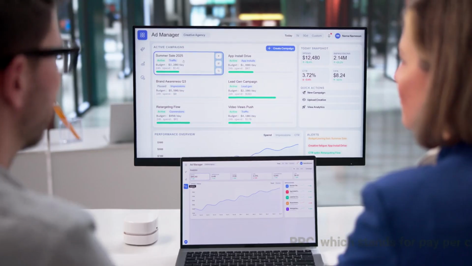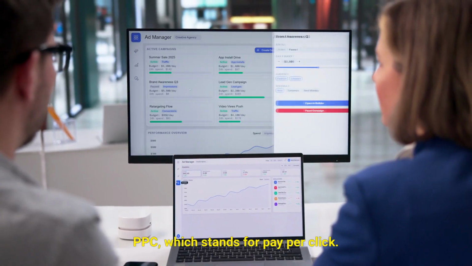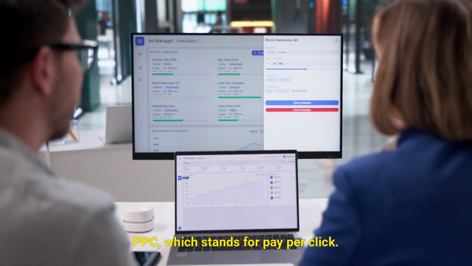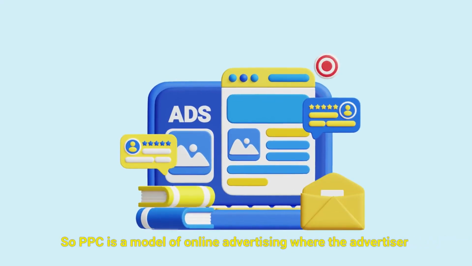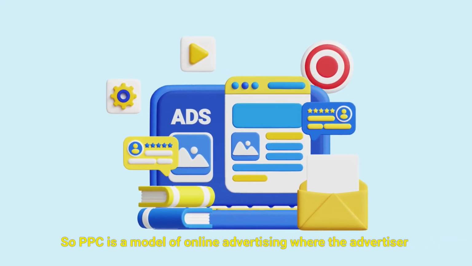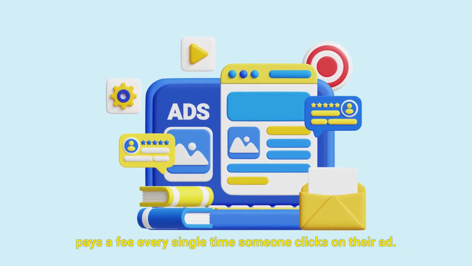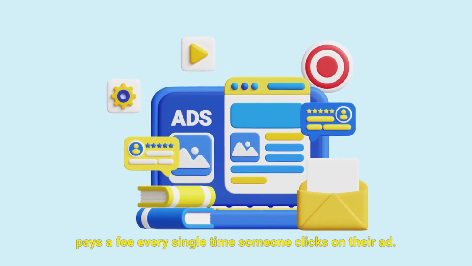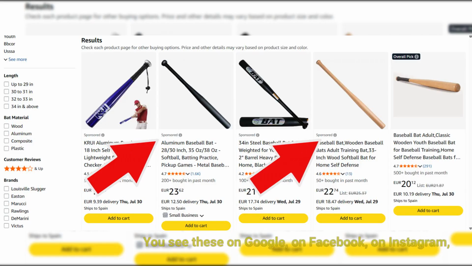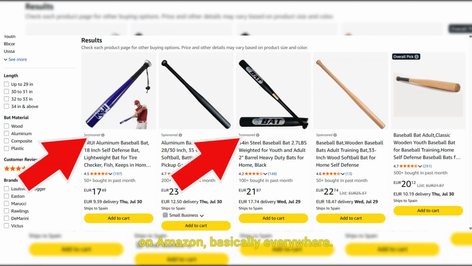Number 4, PPC, which stands for pay per click. So PPC is a model of online advertising where the advertiser pays a fee every single time someone clicks on their ad. You see these on Google, on Facebook, on Instagram, on Amazon, basically everywhere.